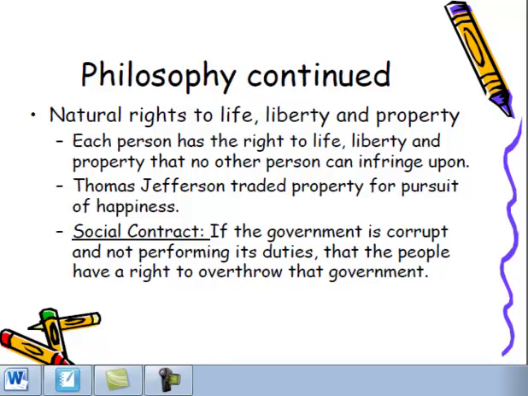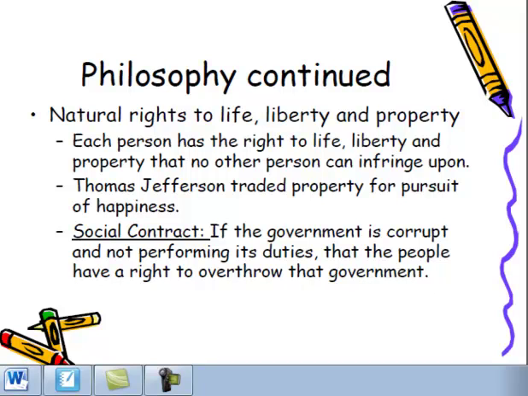Natural rights: liberty, life, you can own property, right? Happiness, those are all kind of natural rights. Everyone has them. And Thomas Jefferson takes this idea, this concept from John Locke, and says, hey, that sounds pretty good. I'm going to put that in our Constitution. And so the social contract, this is the idea, you might have learned this in world history.